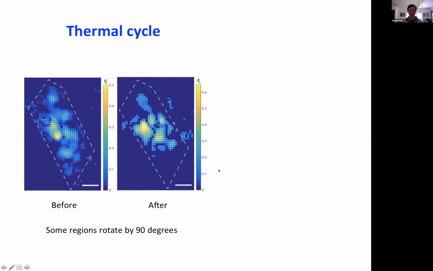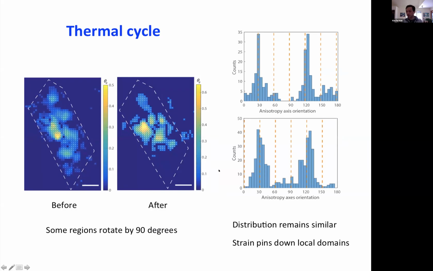That's somewhat surprising. But when you make a distribution function again, the major axis still prefers to align to just those 2 directions, the 30 and 120 degree directions. And again, I think this is related to the presence of strain pinning down the local